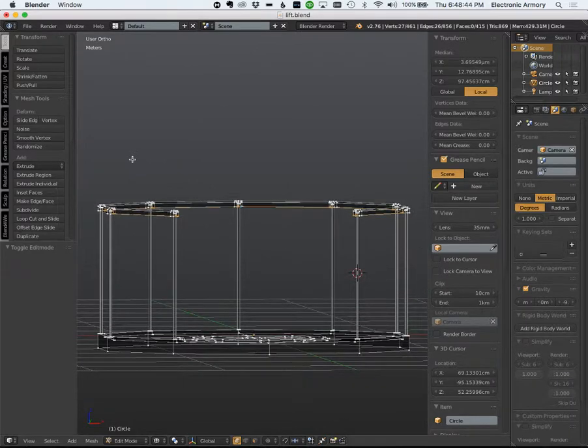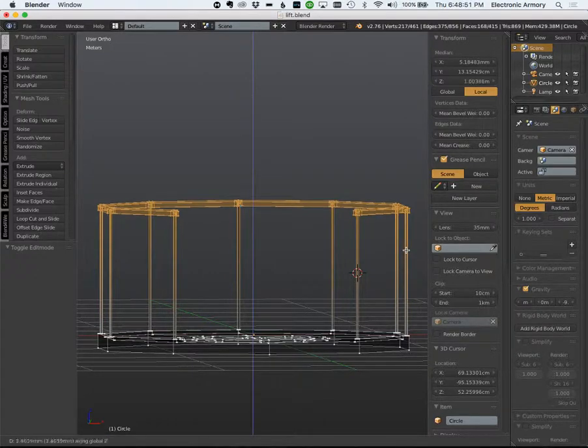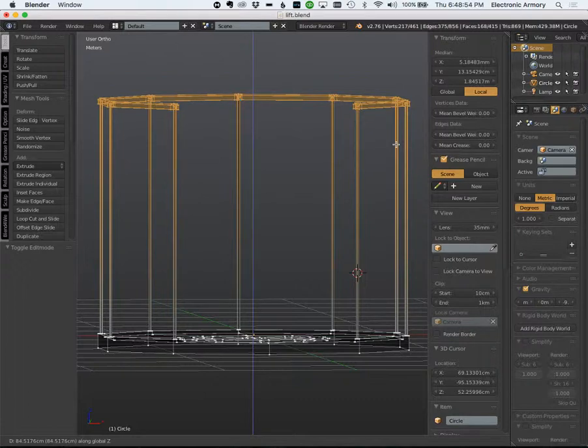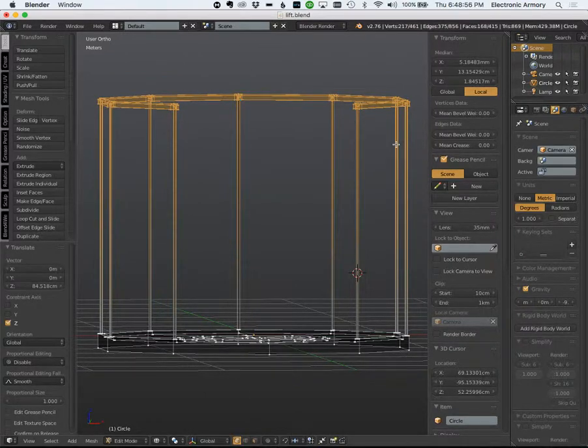I'm going to hit the B key to do box select, select all those top vertices, hit the G key to grab, and then the Z key to limit that to the Z axis, and then just move my mouse up. Let's say that sounds good. Now in Blender, I've switched this to meters because that's also what Unity uses, and so I can measure this out very exact to say that this all starts at 0 pretty much. So the 0 coordinate on the Z-axis is 0. So right now these railings are 1.84517 meters tall,